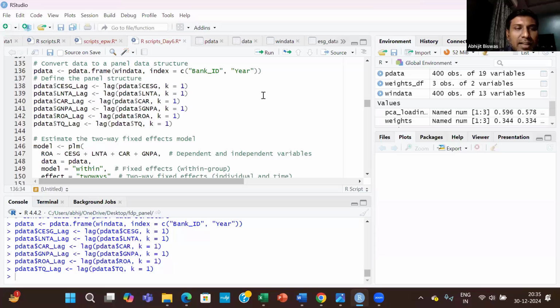Next. Now I will do the coding part for modeling, right? So what I will do, by default, we will use what? Fixed effect within group model. And I told you, you do not have to report the Hausman test also. By default, we'll go with